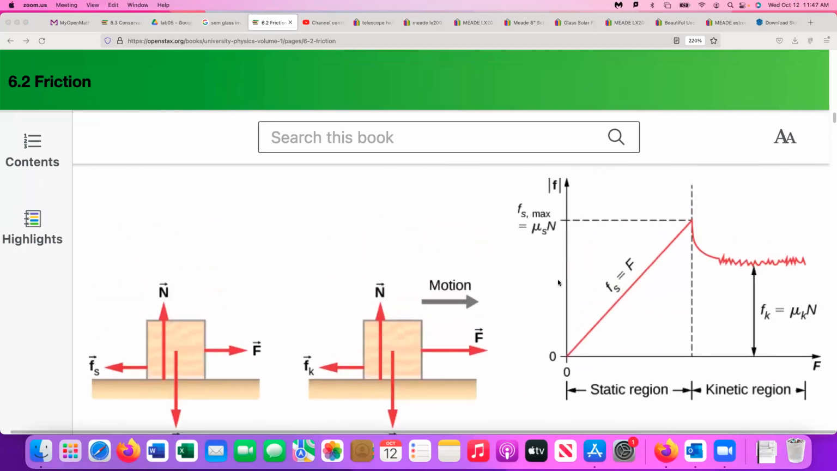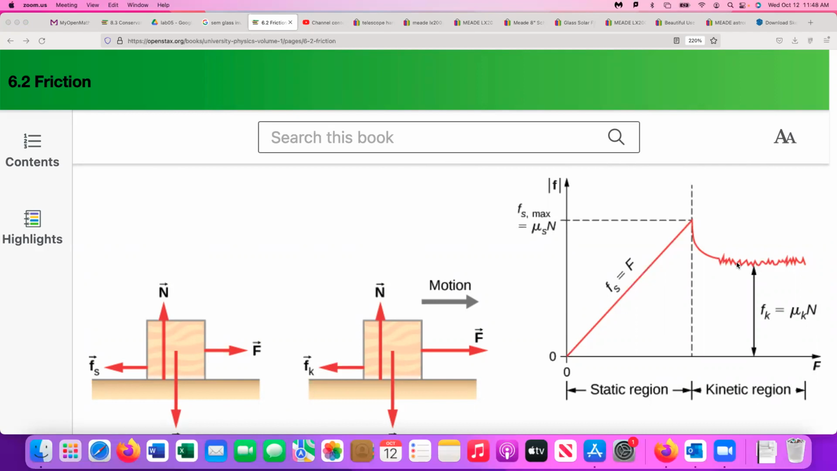If you graph out the amount of force to move a box that's sitting on the floor, you'll increase your pushing force in the static region. This is all static friction that's pushing back. As you increase your push, the static friction is increasing, but eventually you get to the point where the box starts to move. Once the box starts to move, the friction goes to a constant value, a constant-ish value,